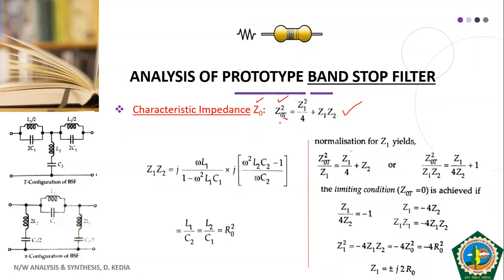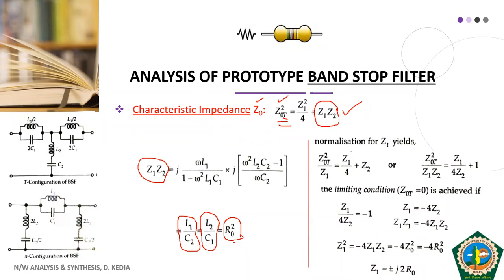Now in order to obtain characteristic impedance, we need the multiplication of Z1 into Z2. So that's why we are doing Z1 into Z2. If we do that, at the output we get L1 by C2, which is equal to L2 by C1, as we saw in the last expression. And these are constant values which we represent as R naught square. R naught we have talked about again and again. This is the design impedance, a constant, real value.